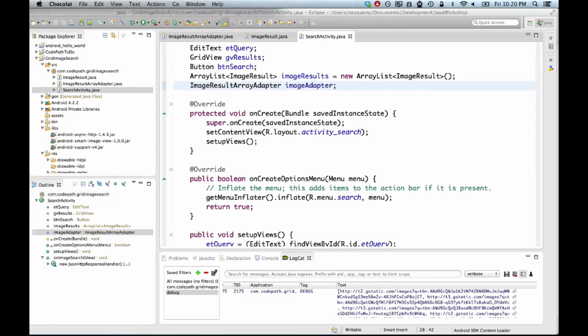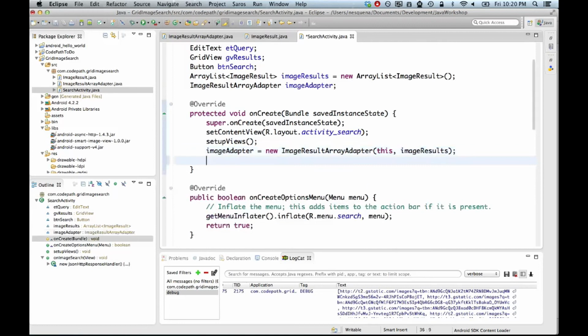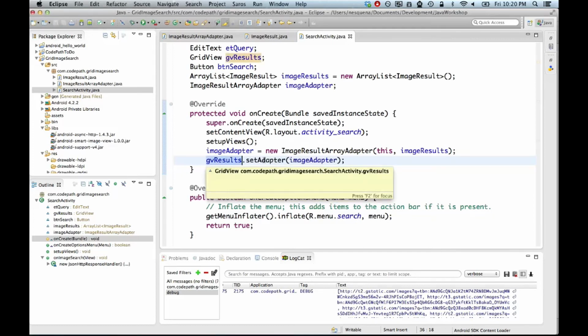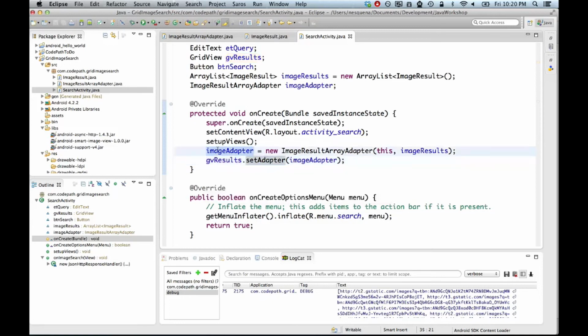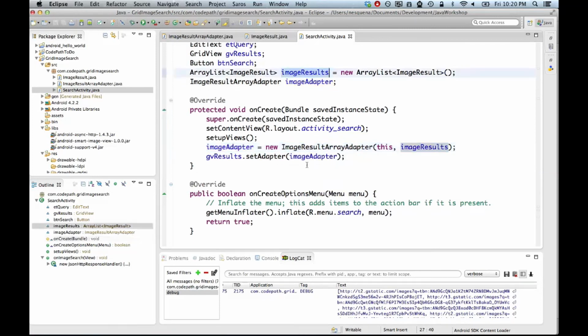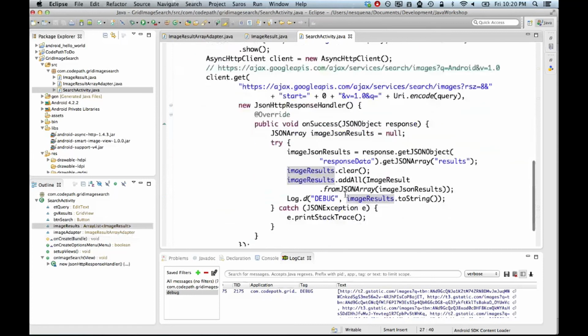And then what we're going to do is construct the adapter, passing in the context and the array of items that we want to display. And finally, we are going to attach the adapter to the grid view. So you can see here we call gridviewResults.setAdapter. We pass the image adapter inside. We also, here as I mentioned, attach the image result array adapter based on the collection of items that we had earlier parsed here